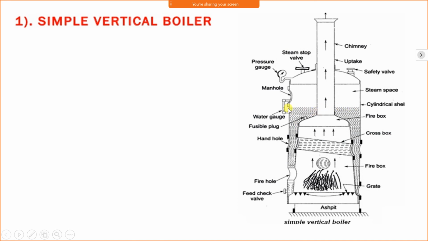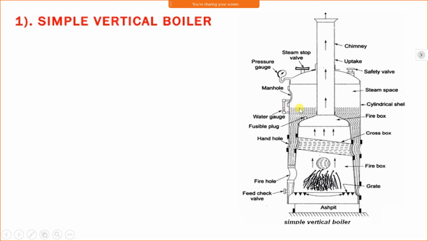to maintain the level of water in the boiler. Now the level of water in the boiler is checked with the help of a water gauge or water level indicator. The water level indicator is provided in the boiler at the lateral side. One pipe of the water level indicator is in the water area, the other pipe is in the steam area. This water level indicator is made of glass so that we can easily identify the level of water